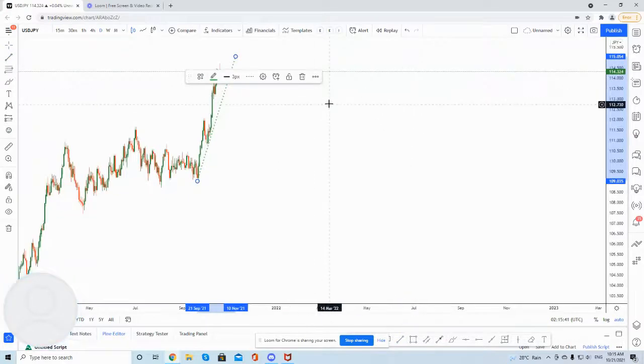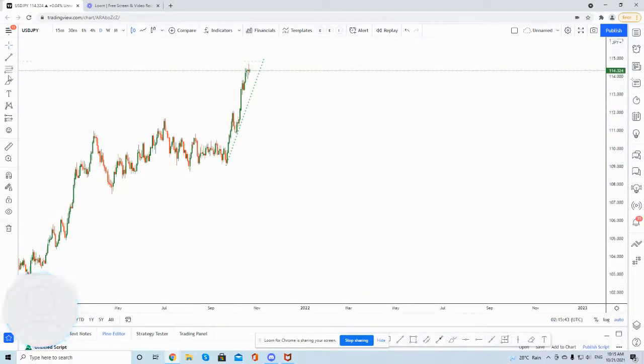So what exactly are we looking for? We're looking for either price to break our ascending trend line levels, and if it breaks our ascending trend line levels, it might go all the way down. If it continues to trade above our ascending trend line, then you can consider it is still on a bullish momentum. So as you can see that as price is moving on an uptrend for quite some time, you can